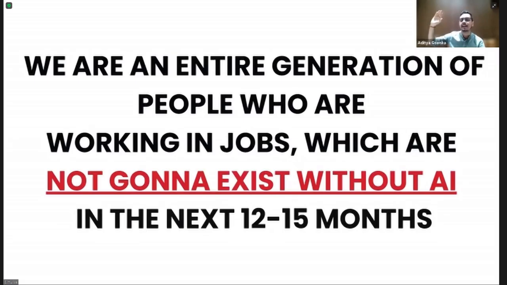How many of you absolutely agree with me on this? I have agreed to this, I know that my job is at risk, I know my family members, my employees, all of our jobs are at risk if we do not start to integrate AI in our existing jobs. How many of you absolutely agree to it? Yes, agreed. Okay. For people who do not agree, even though I saw most of you agree to it,